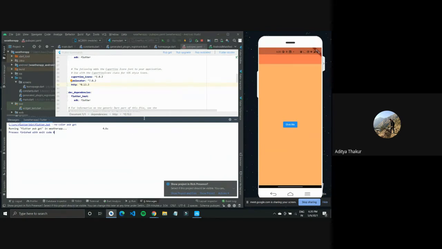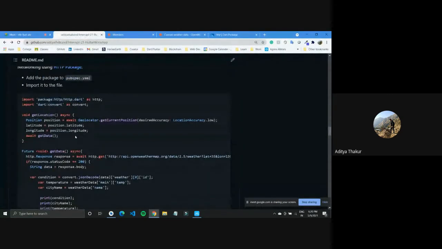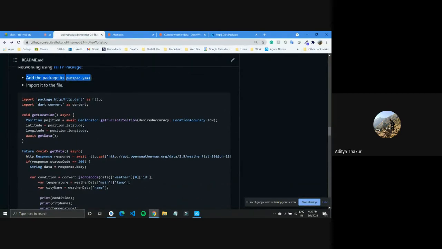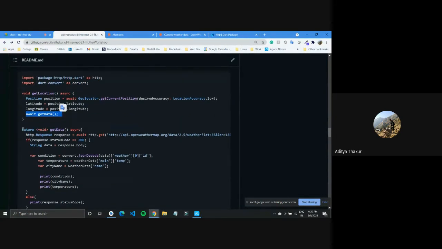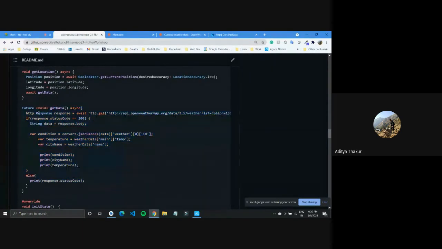Once we have the files, what we need to do right now is import this HTTP package. After we are done adding it, we need to import it and we need to get the location. So we need to get the data, and this is how we'll create a new function called get data, and